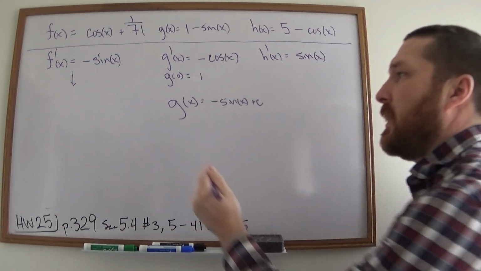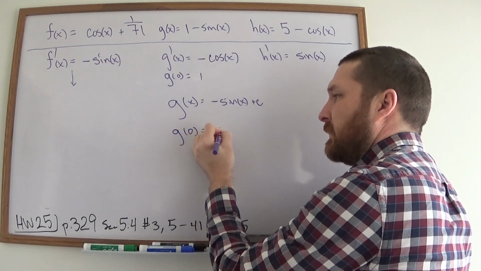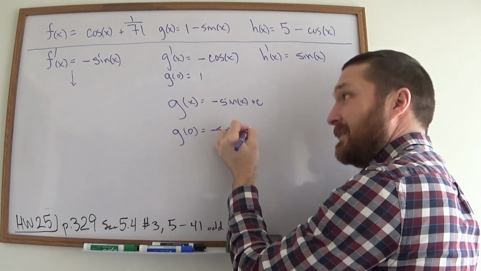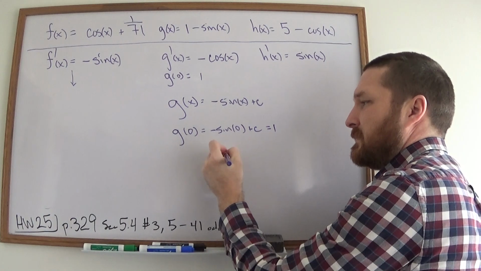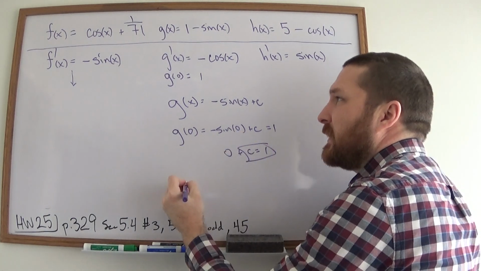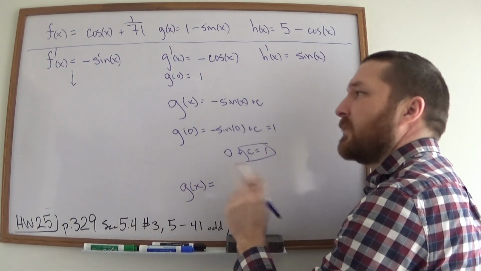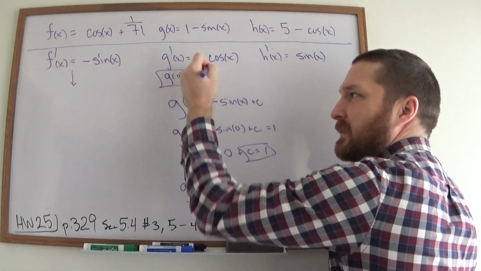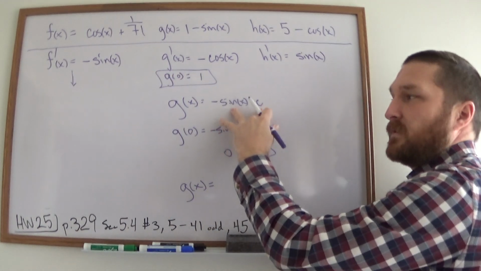Now when I plug in a 0, I get negative sine 0, exactly, plus c is 1. That's 0 plus c equals 1. Since c equals 1, then that original function that we were looking for, the particular